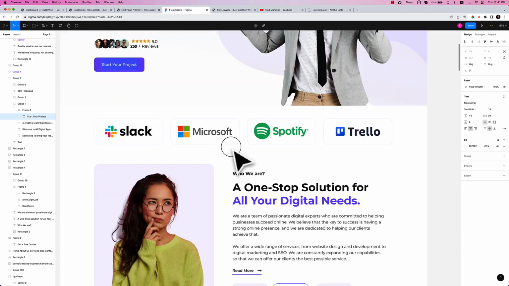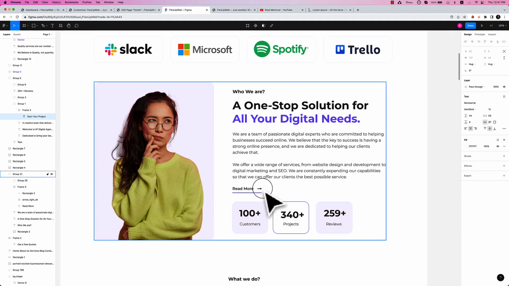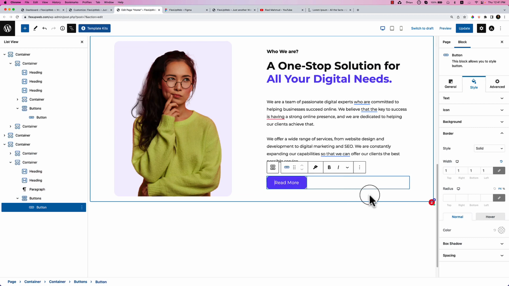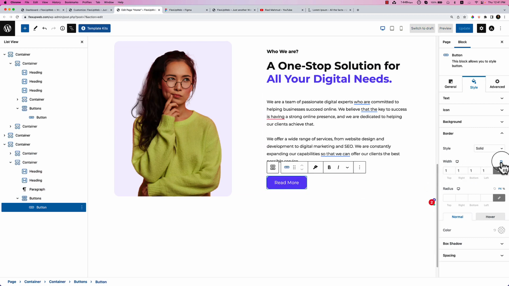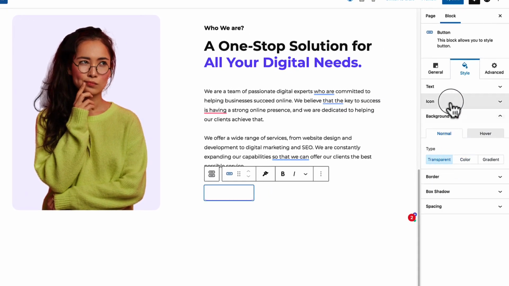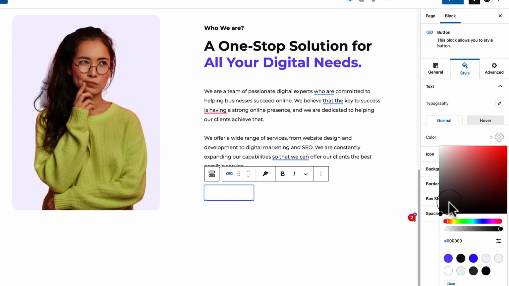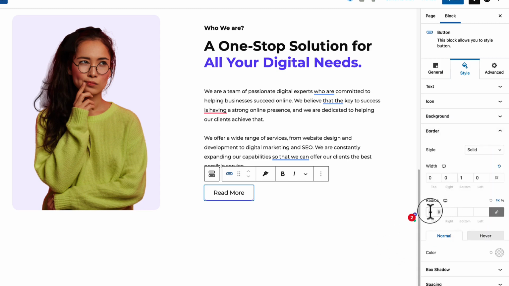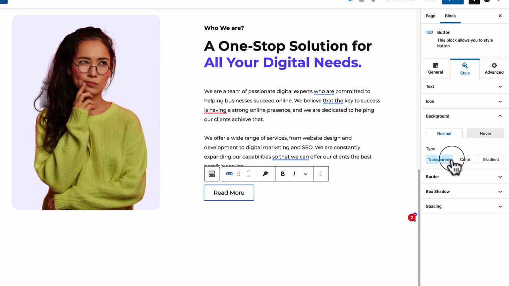If you take a look here, the button looks different with an icon here. What I can do, I can simply take a look at it as an example here. So I can easily change the button here as well. Let's change the border style solid first, and I would like to add the border at the bottom, which is 1 pixel, and the background should be transparent, and the text color should be black, and the border radius, if you take a look here, I have to use 0, and icon,